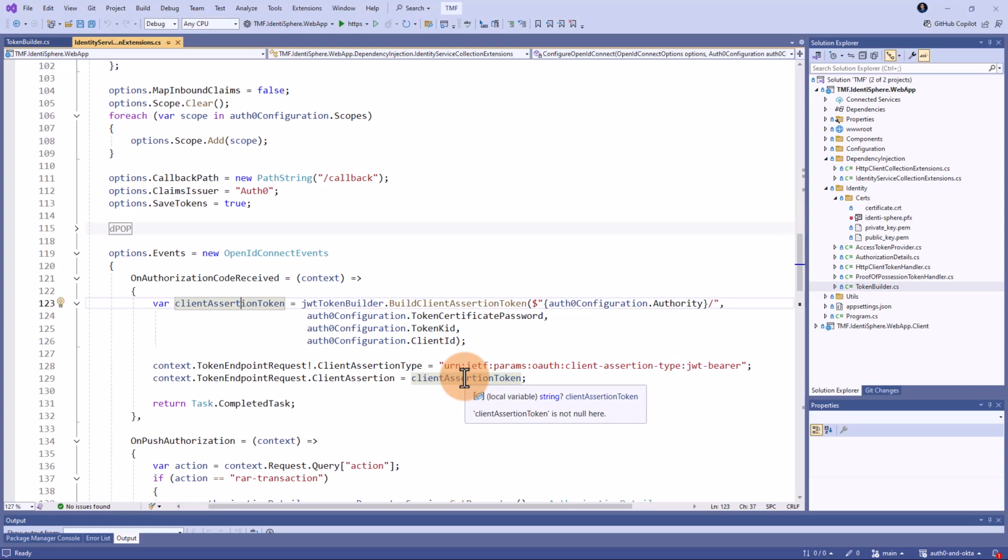Now, once this token is created and the application is exchanging the code for a token, the application provides this client assertion token. And then Auth0 uses this public key, which we uploaded in the Auth0 dashboard,